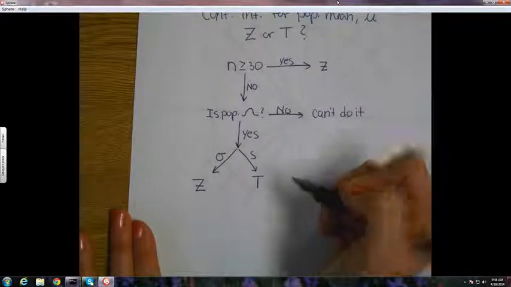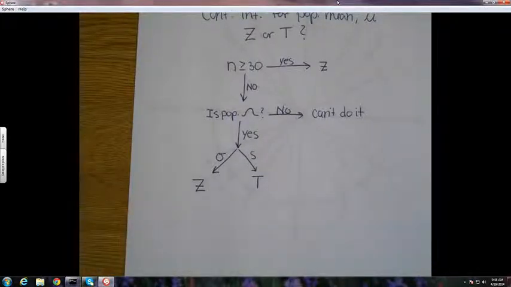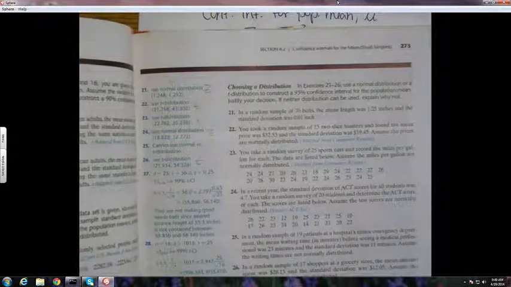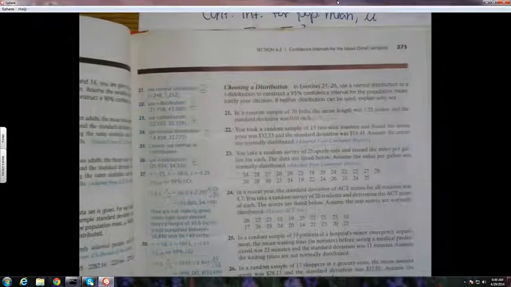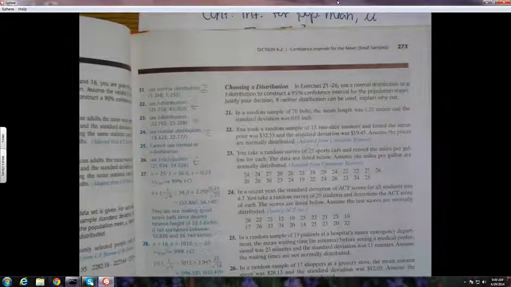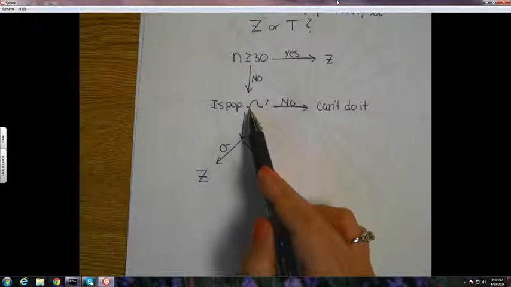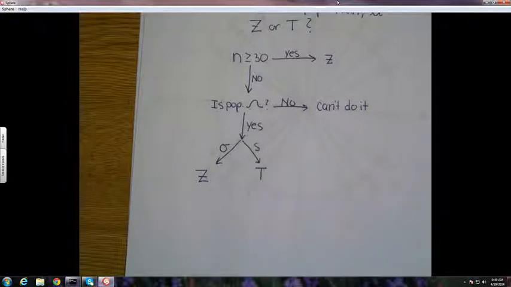Okay, so let me show you what the difference in the standard deviations would be. So it's less than 30, and it doesn't say that it's normally distributed, but they give you the standard deviation, then you can't do it. You can't jump past this step. Go ahead. So what did you ask? Oh, wait, that is a yes. Never mind. Okay. All right. Because that flowchart should answer all your questions.